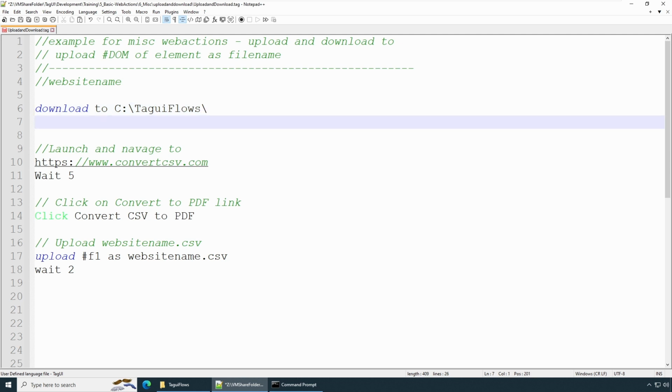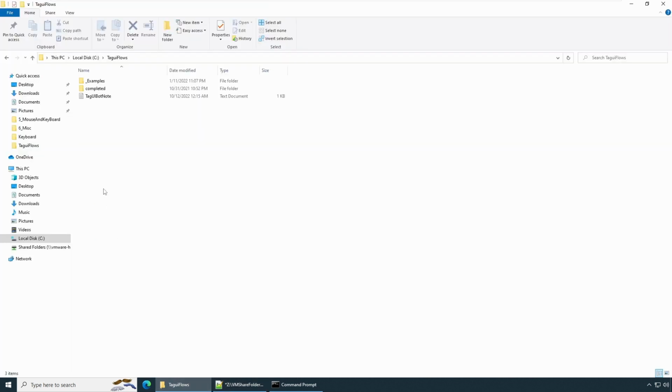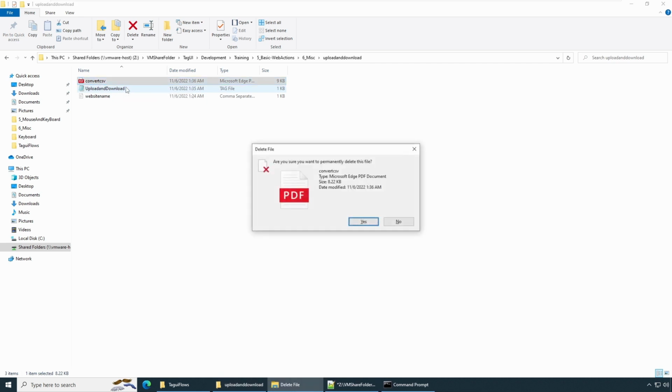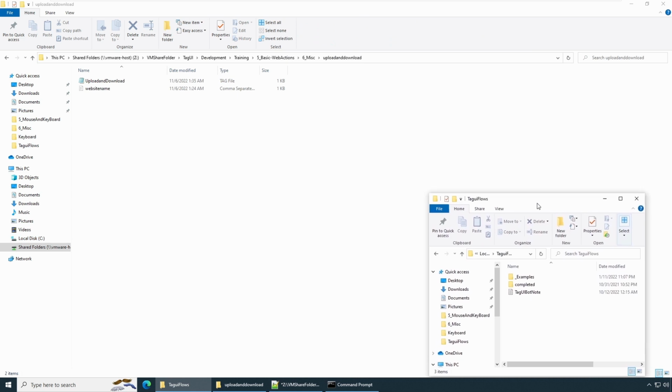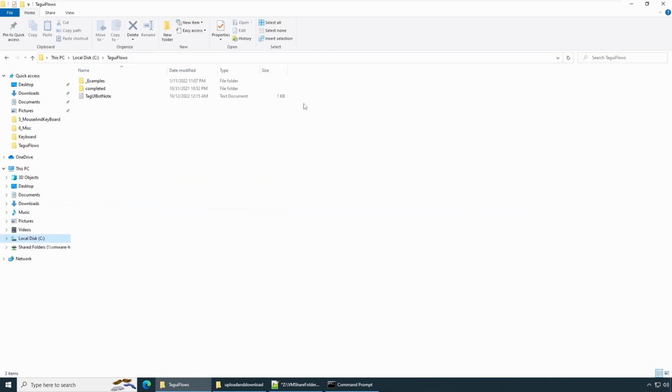So specify here. Now what happens is it's not going to download it into the actual location where your TagUI file is present. Instead, it would be saving into a new location. So to be very clear, let's just clear everything. Let's delete here, and let's see that you don't have the file. So we have this. Look, let me put it here,